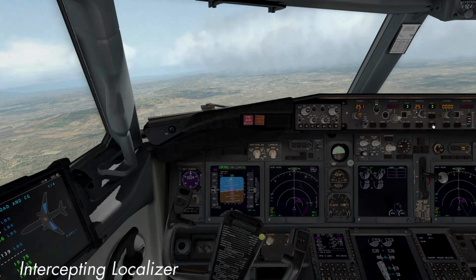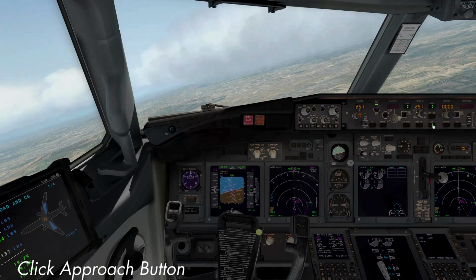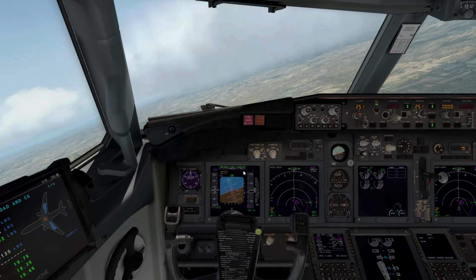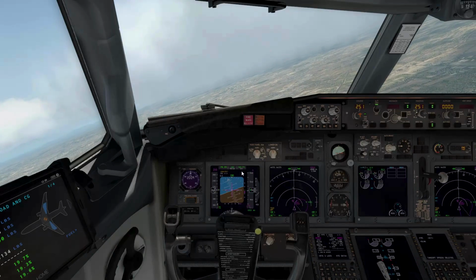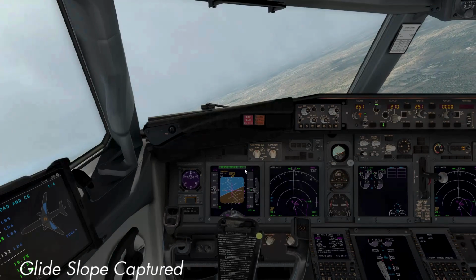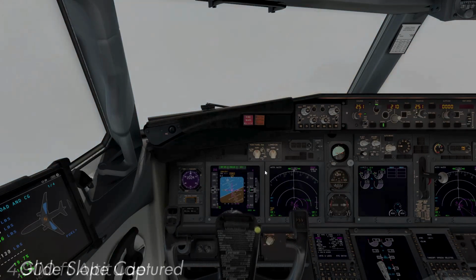Now you may click approach button. Here is GS in white color. Soon it will turn to green color. Yes, as you see, this means that the glide slope is captured. We are now at